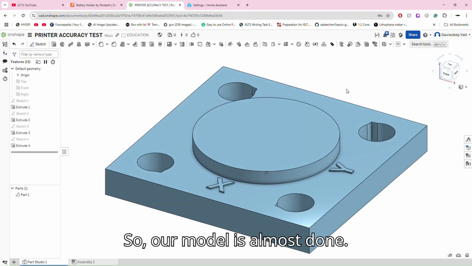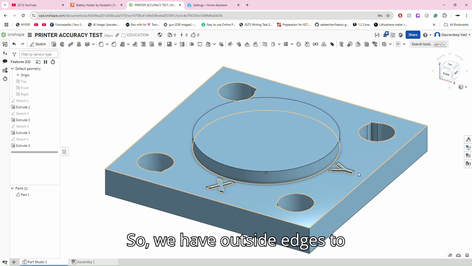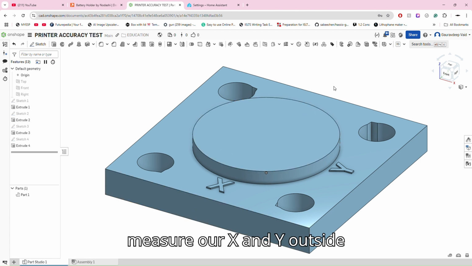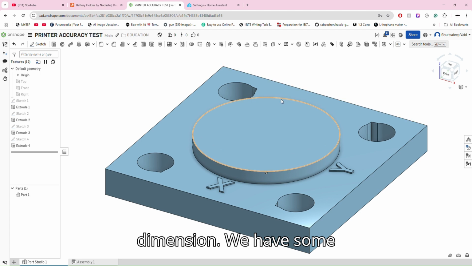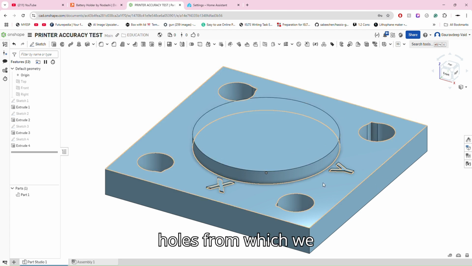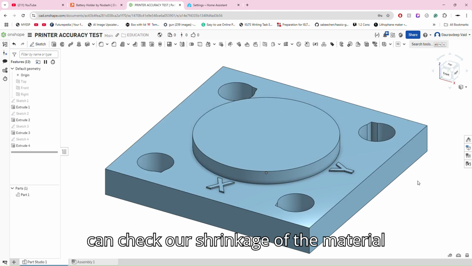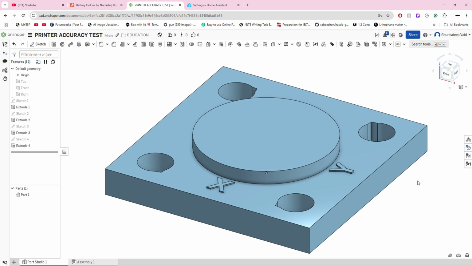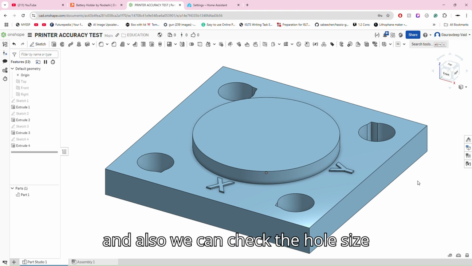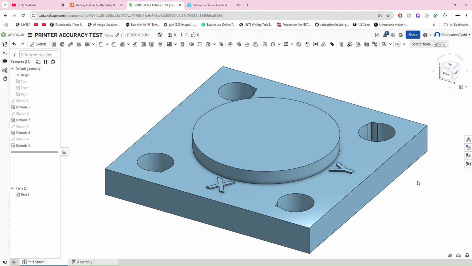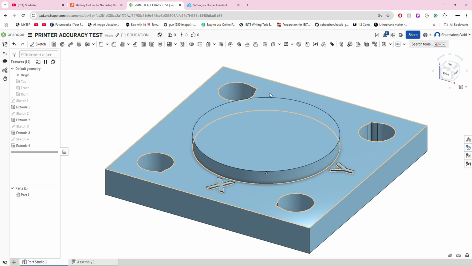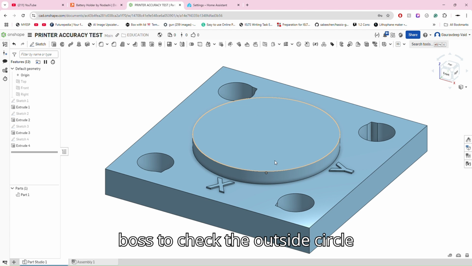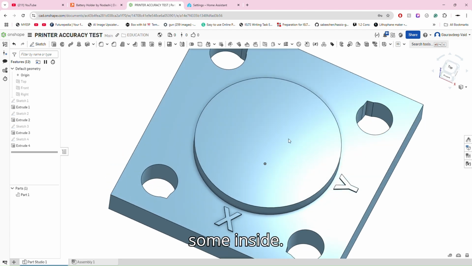So our model is almost done. We have outside edges to measure our X and Y outside dimension. We have some holes from which we can check our shrinkage of the material, and also we can check the hole size. And we have the outside boss to check the outside circle diameter. Now let's make some inside